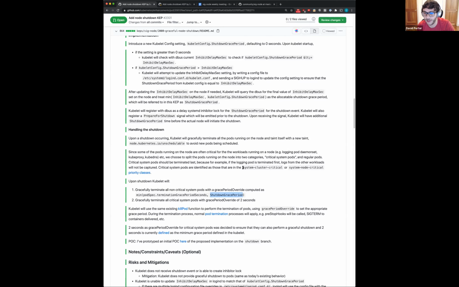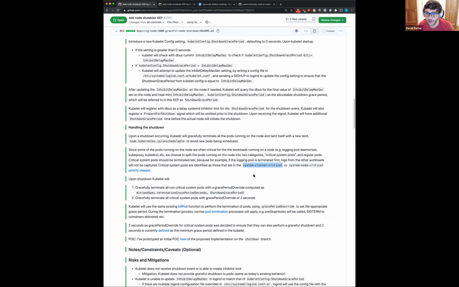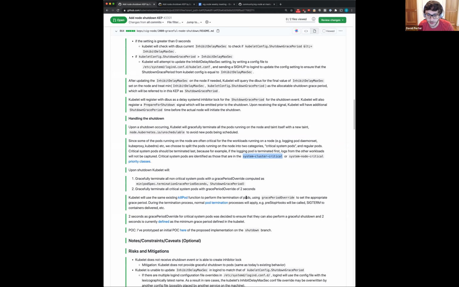Pods can today have a priority, and there are well-known priorities called system cluster critical and system node critical. We expect that those logging daemons will have a priority class of that. For those specific ones, we'll shut them down last. So we'll allocate some period of time at the end, first shut down your user pods, and then shut down the cluster critical pods.